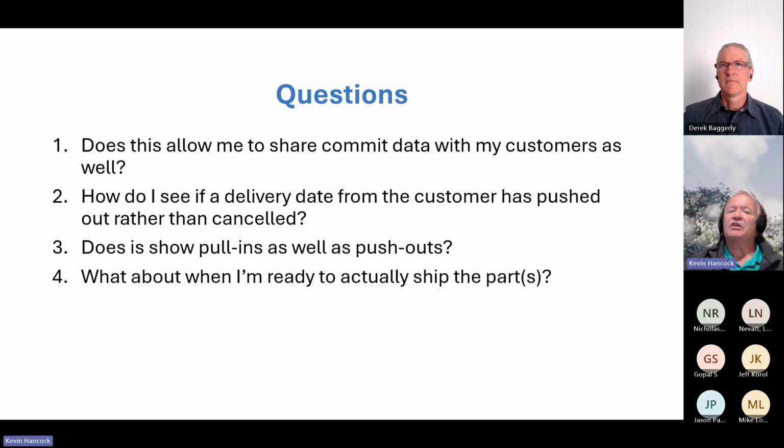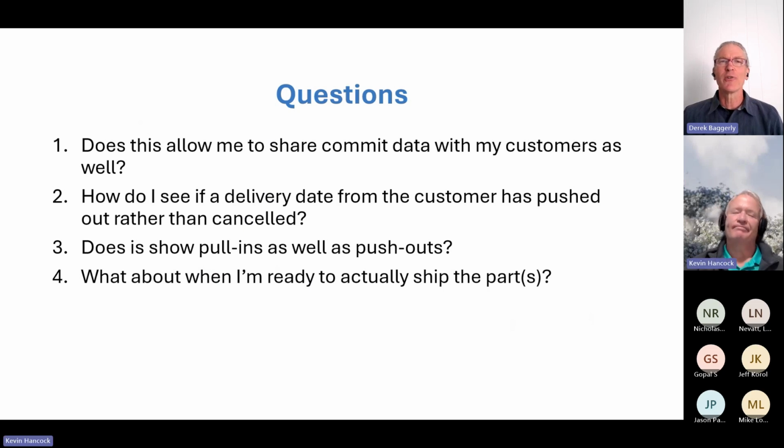Now, I do want to answer a couple of the questions that came in, and I know we're running out of time. So, Derek, I'm going to ask you to answer a couple of these before we sign off for today. Sure. So, for number one, does this allow me to share commit data with my customers as well? It does. So when we run that, one of the earlier screens where it showed the things that you could do and set the timings for them, one of those was send commits.